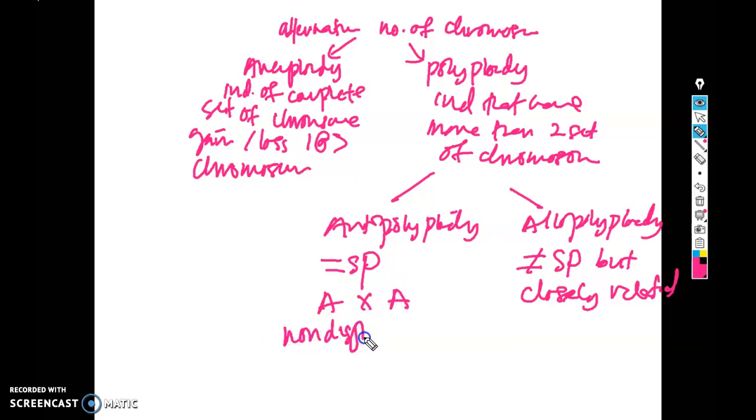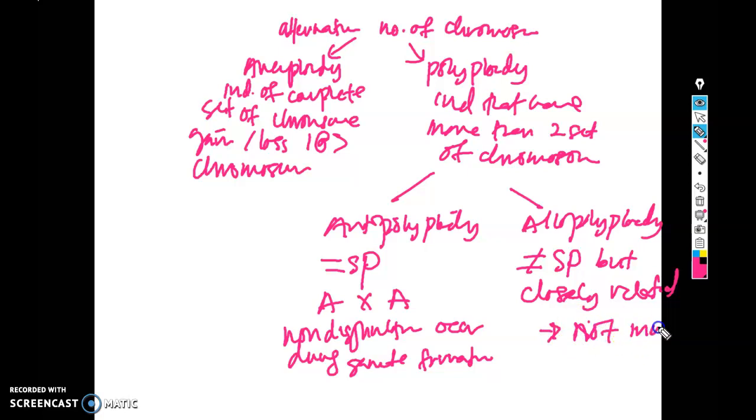Autopolyploidy means the same species A breeds with species A, but non-disjunction occurs during gamete formation. What about allopolyploidy? Different species but closely related, but it does not involve non-disjunction. Okay. For autopolyploidy,